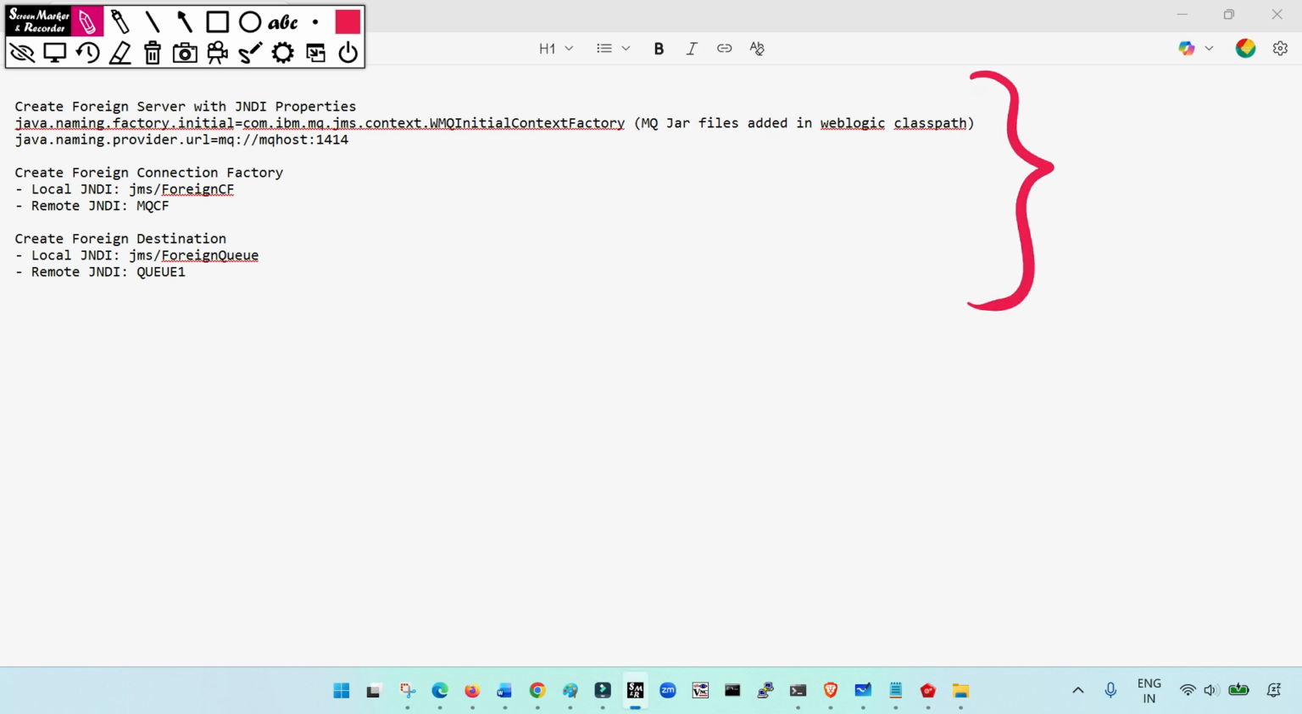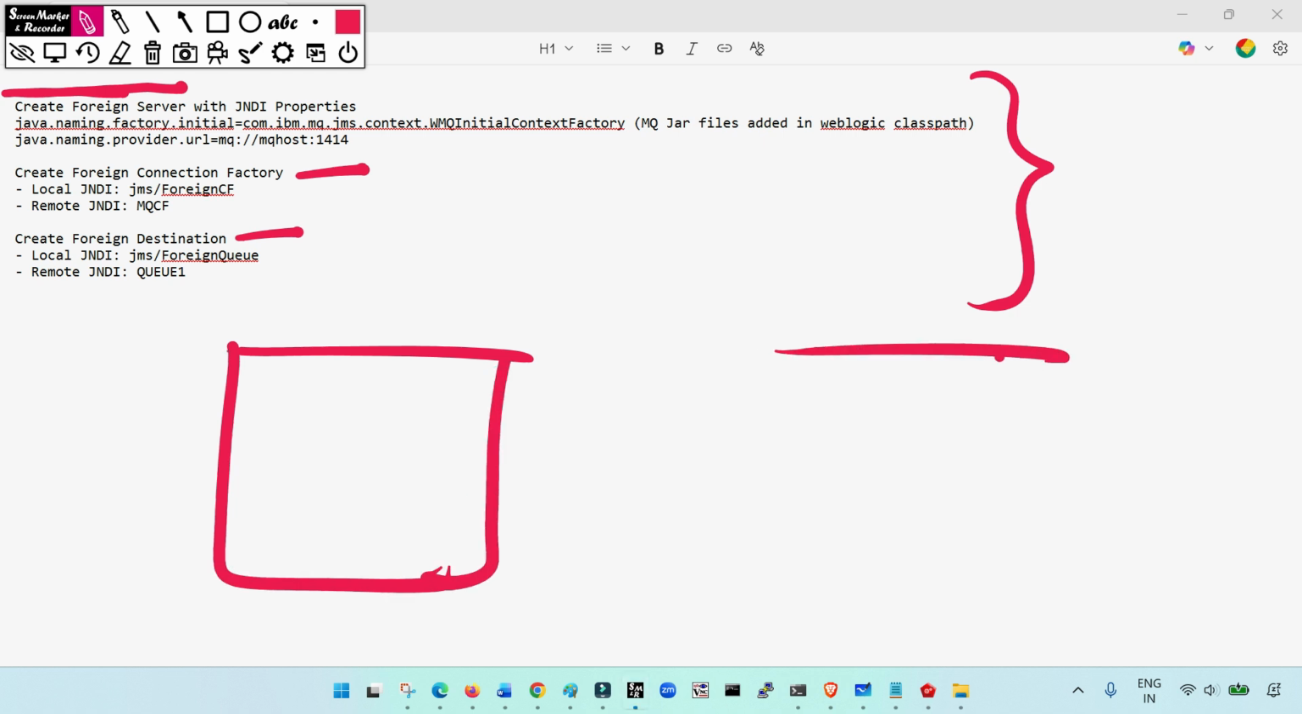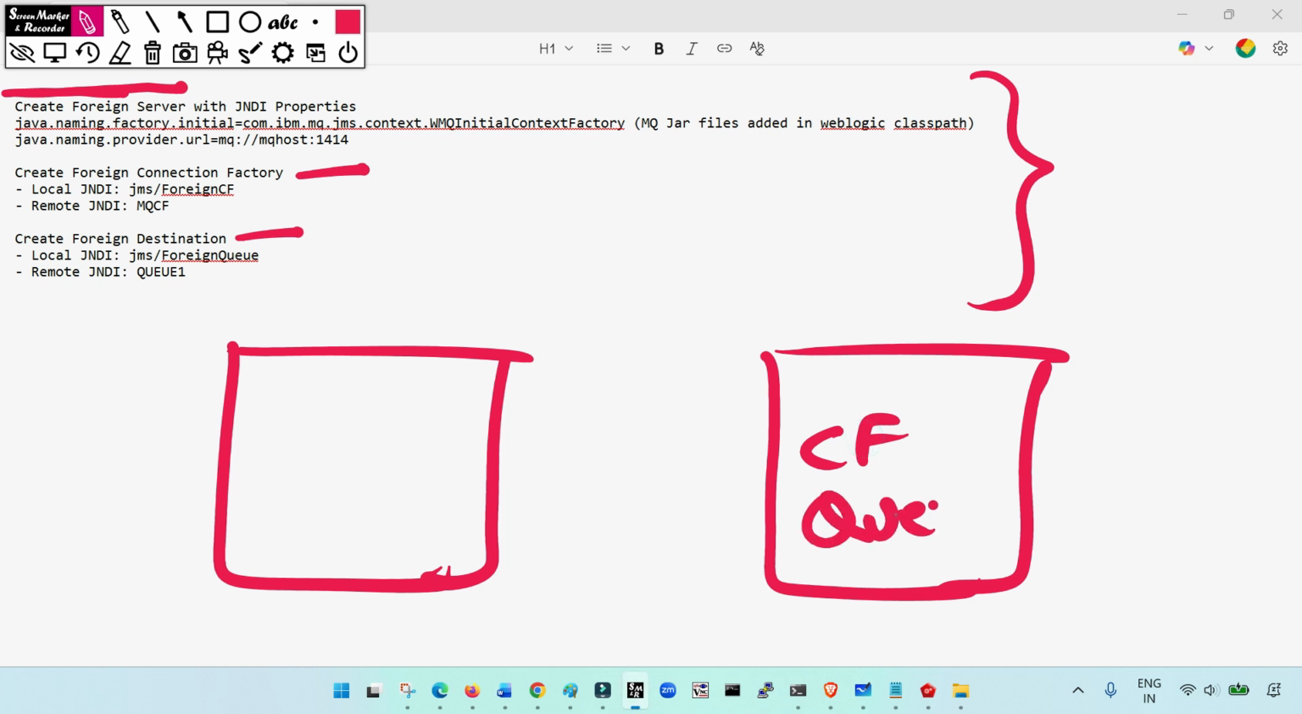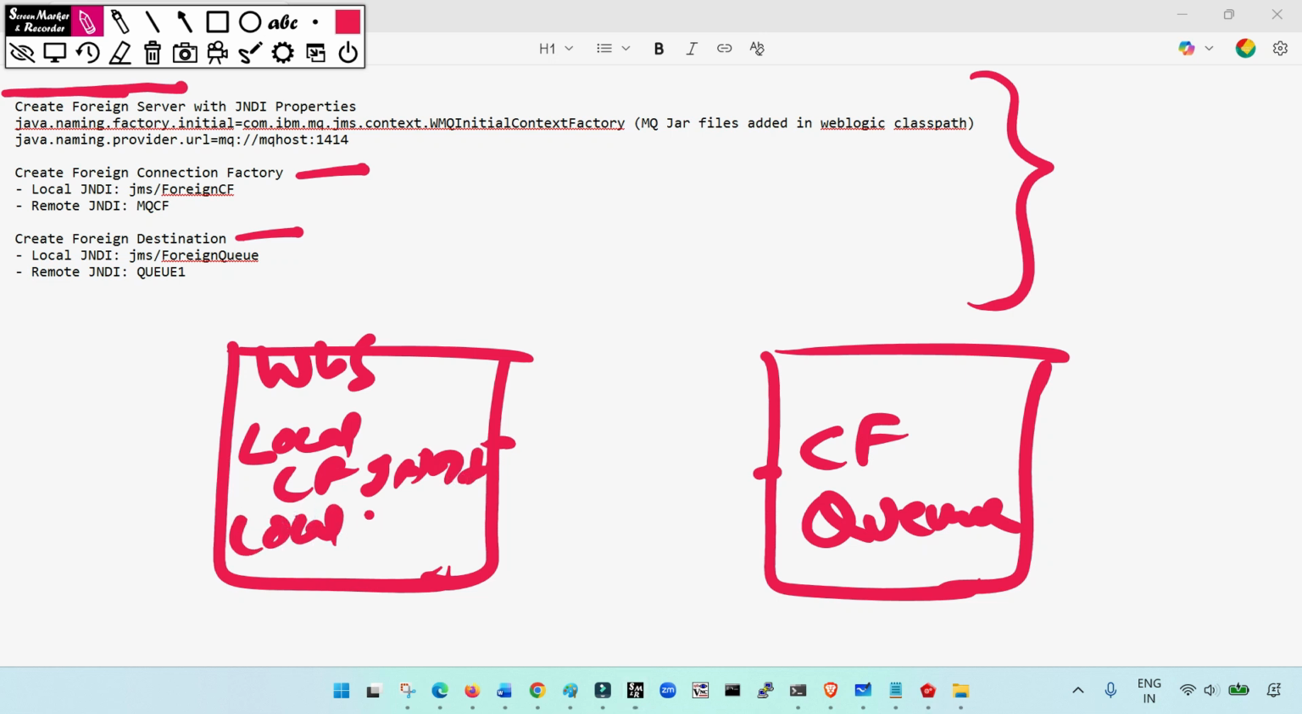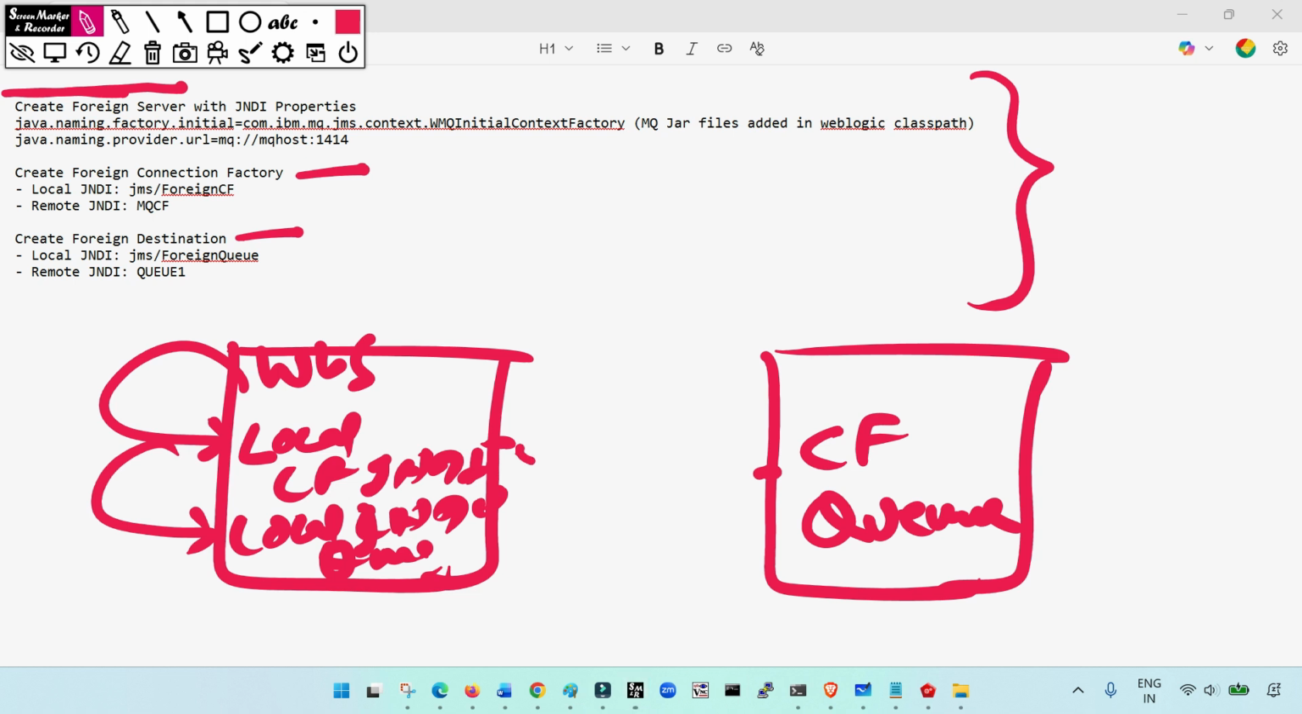The very first thing I will do is create the foreign server. Once the foreign server is created, I will create the connection factory. When the connection factory is created, I will create the foreign destination, right? And this is what we have learned. This is my source and this is my target, and in the target there would be a connection factory to connect to the particular queue. Because my WebLogic cannot connect directly to it, I need to define a local connection factory JNDI, and a local JNDI for the queue. My application will connect to this local JNDI and queue,